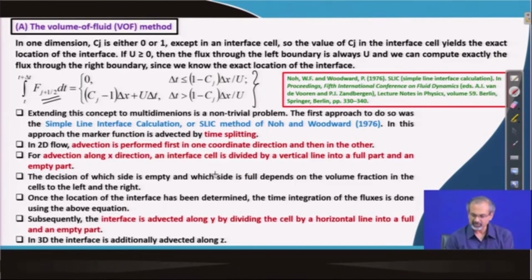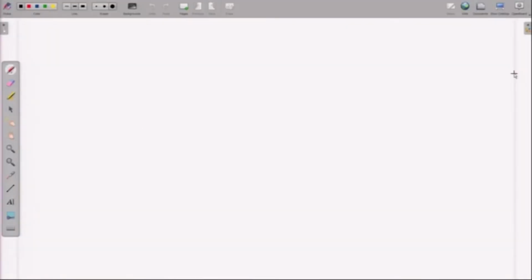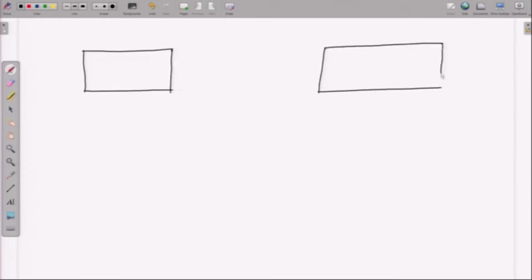So, let us try to understand what it actually does. We will talk about two situations. Let us make a small diagram here, or rather a pair of diagrams, so that we can see the two scenarios. So, these are the two cells. Let us say this is the j cell, this is the j plus 1 cell. So, this is the j plus half interface, this is the j minus half interface, and let us assume that at this